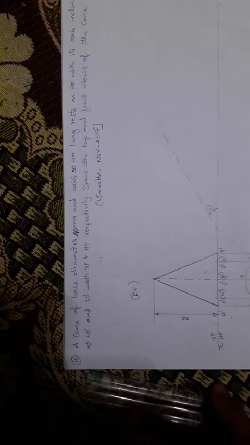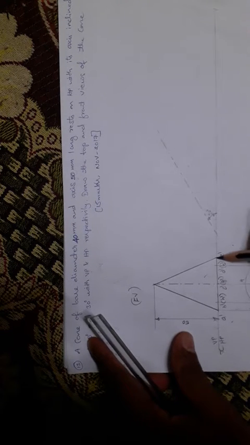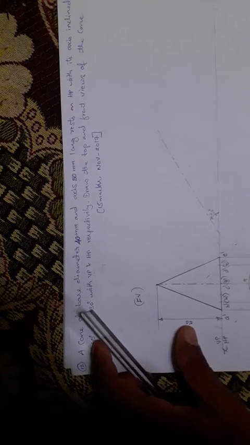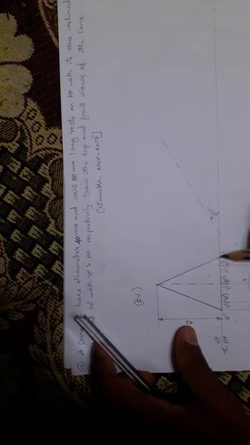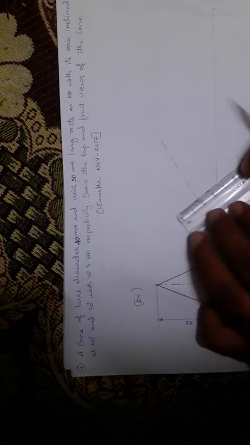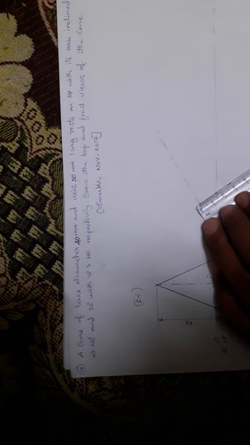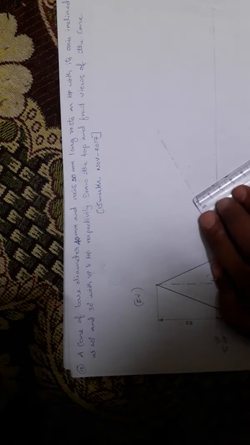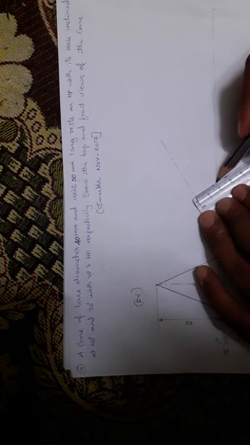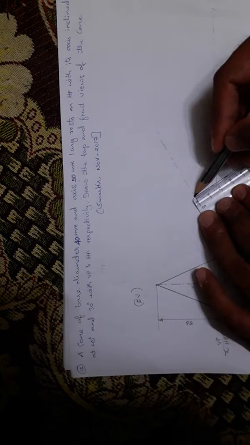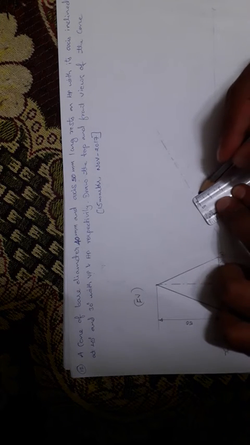Here I don't know the distance of this line, that means this line from C to E. I think it is exactly 20 mm radius. So from here to here is also 20 mm. Mark it at 20 mm distance. So it is exactly 20 mm from the XY line to this line, and it should be perpendicular to the axis.